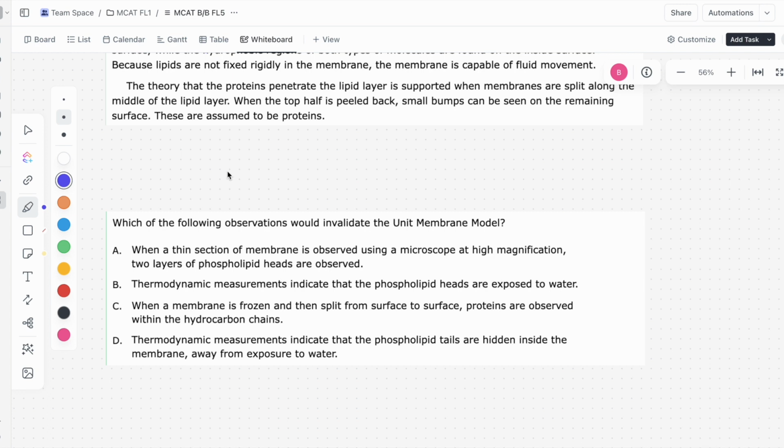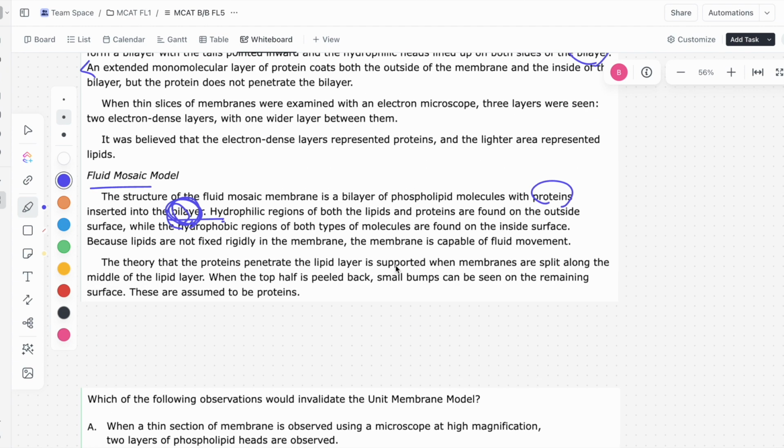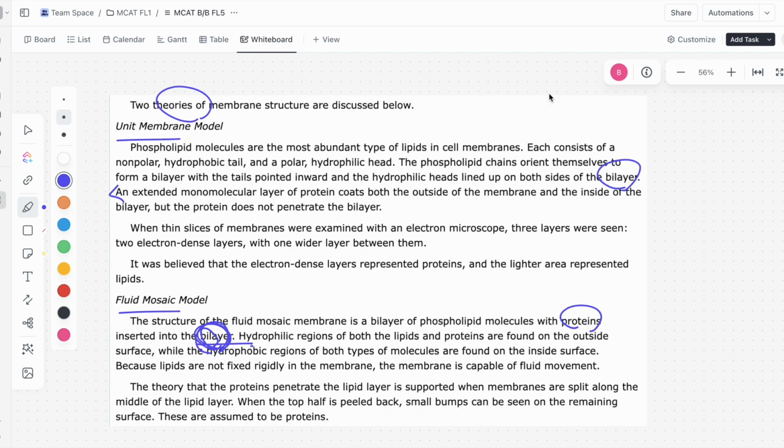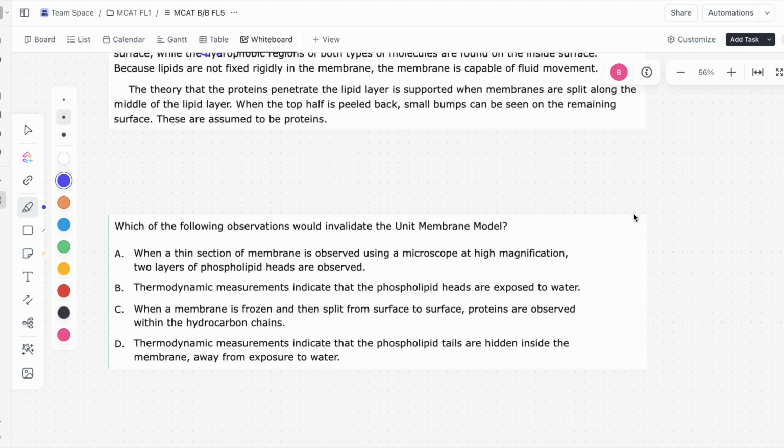All right, so this is question number 2 of that passage. It says, which of the following observations would invalidate the unit membrane model? A says, when a thin section of membrane is observed using a microscope at high magnification, 2 layers of phospholipid heads are observed. Well, this would make sense, guys. Remember, the unit membrane model suggests that there is a bilayer of phospholipids, meaning that if you were to actually get a cross-sectional view, you would see those two,